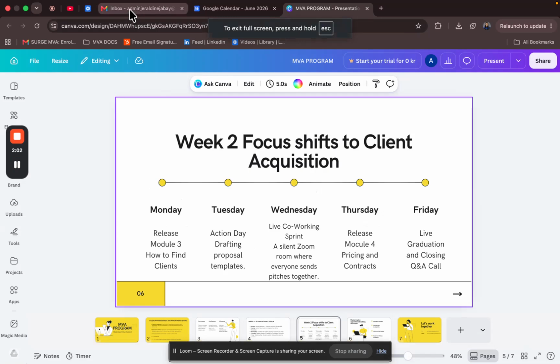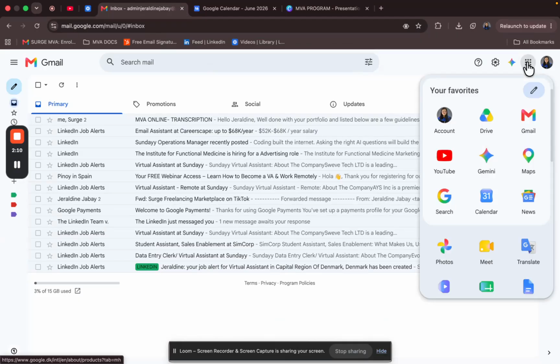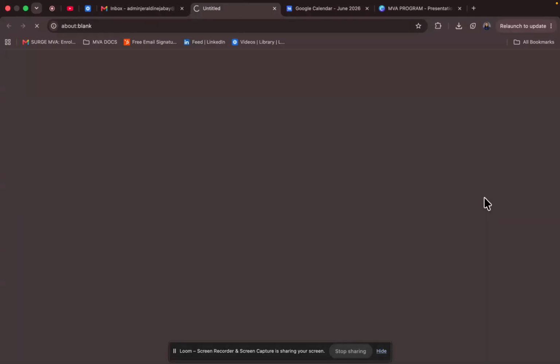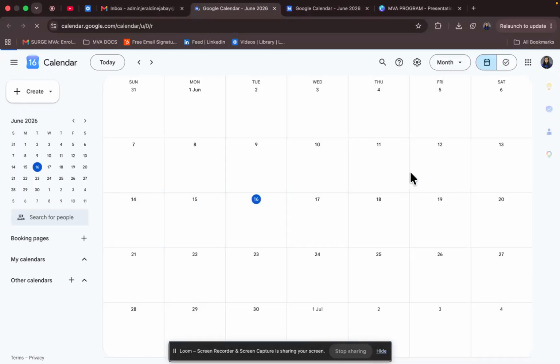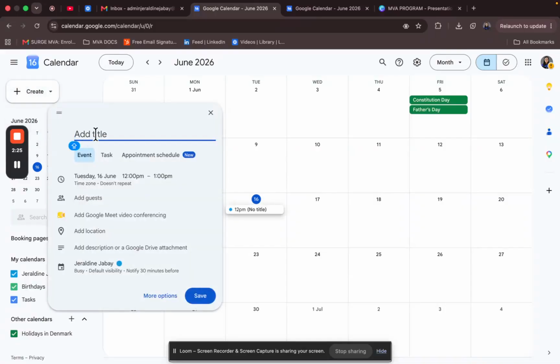So right now we're going to utilize again our Google Calendar in the Gmail. So let's go ahead and tap on Google app. Go to calendar. So in here, guys, we have an option to create our events. So before doing that, we need to click on create, hit on event. And to add a title, we need to be more specific because it tells our guests what they should expect in the meeting. So let's say, for example, MVA program